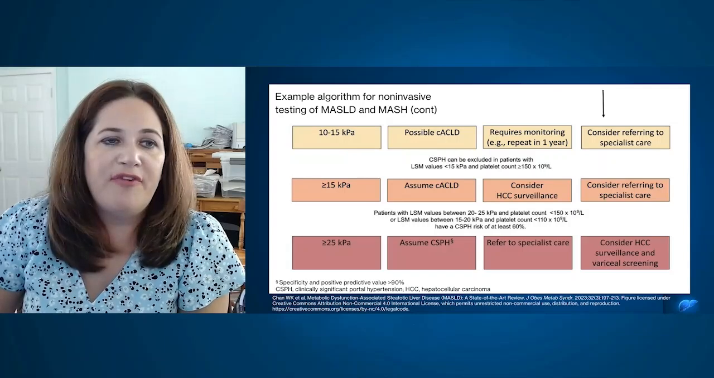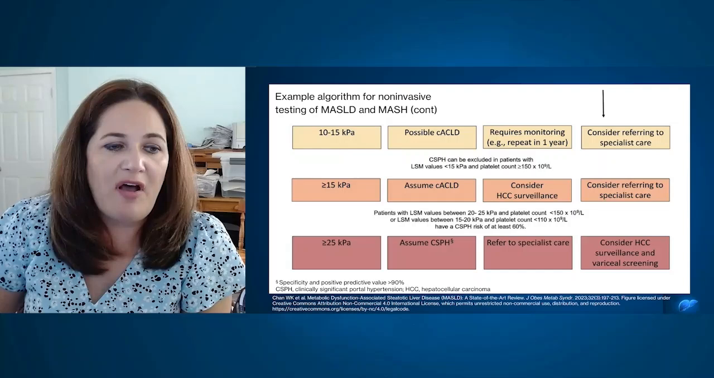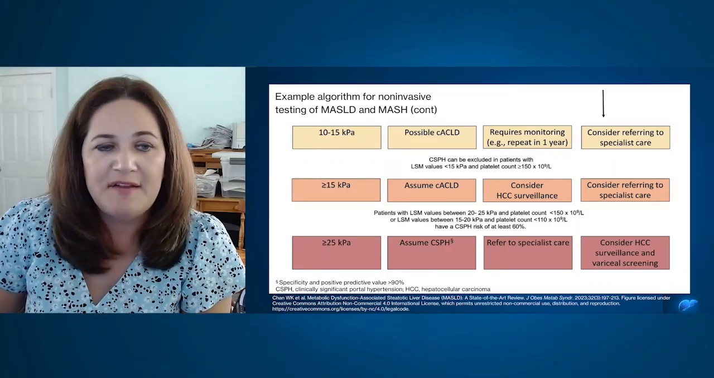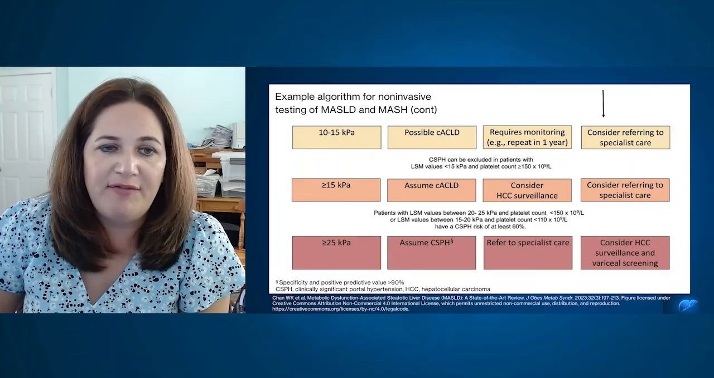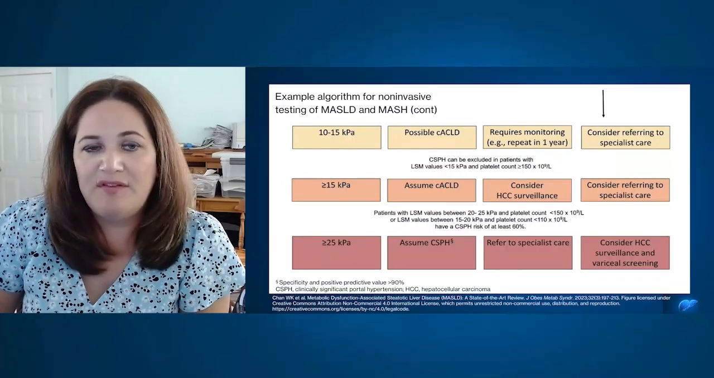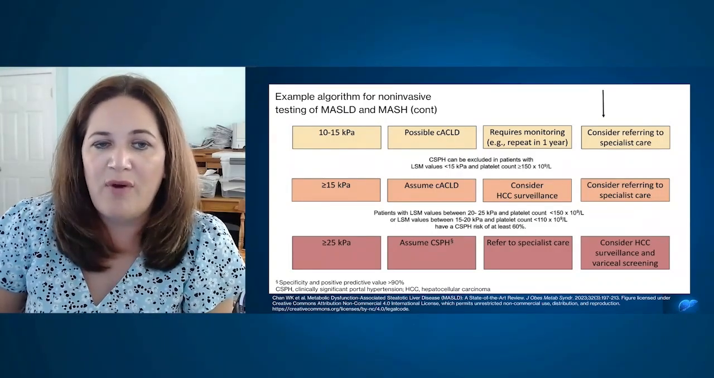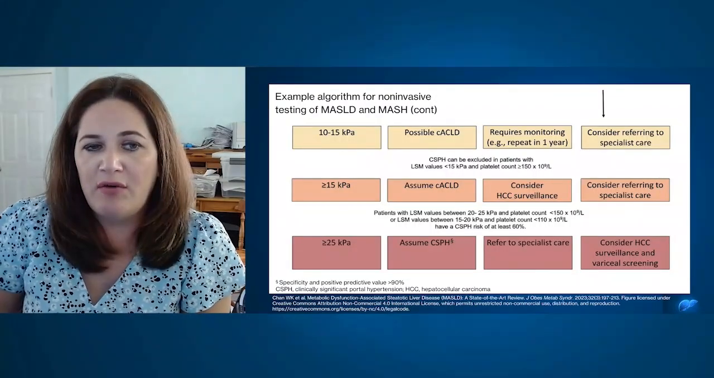Here's another algorithm for non-invasive testing of MASH and MASLD. If we look at the first column, this is the elastography results and how high those results are, or the increased stiffness. In the second column, we have whether or not we have clinically significant advanced liver disease or not. On the third column, we look at what we're going to do about it. So in this first column, we're thinking about it requires monitoring. We're going to repeat this testing in 1 year, and then if it's ongoing or worse, then we would refer